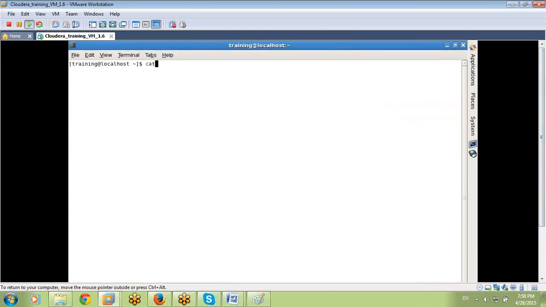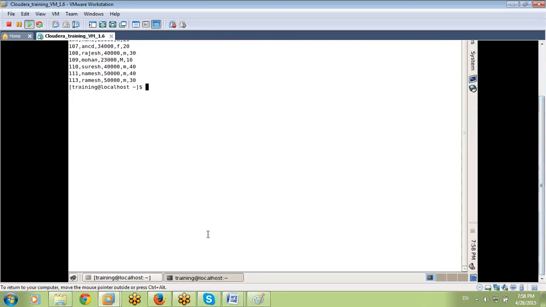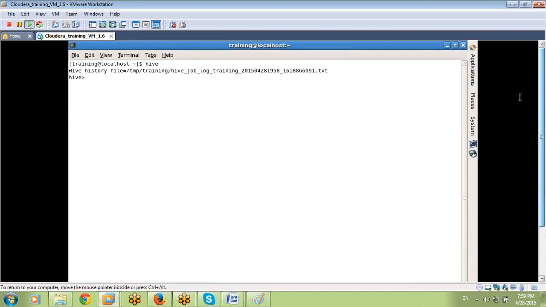I created a file yesterday. The file name is, for example, EMP. This is the file I created yesterday. And this is my Hive, where all my tables are available.